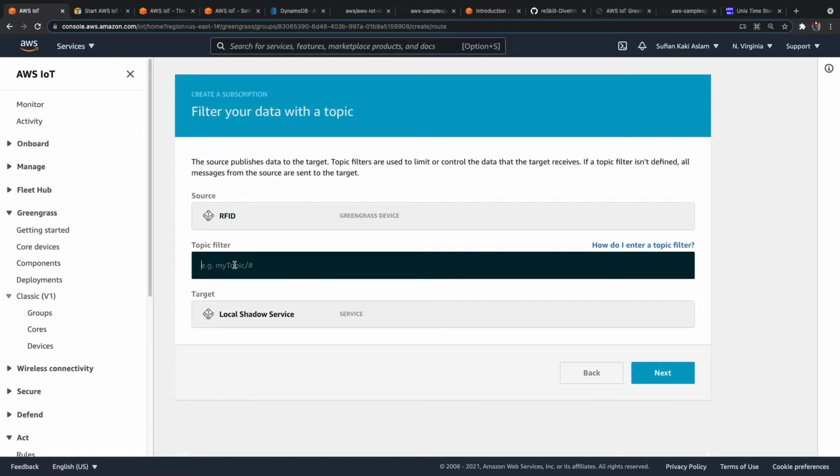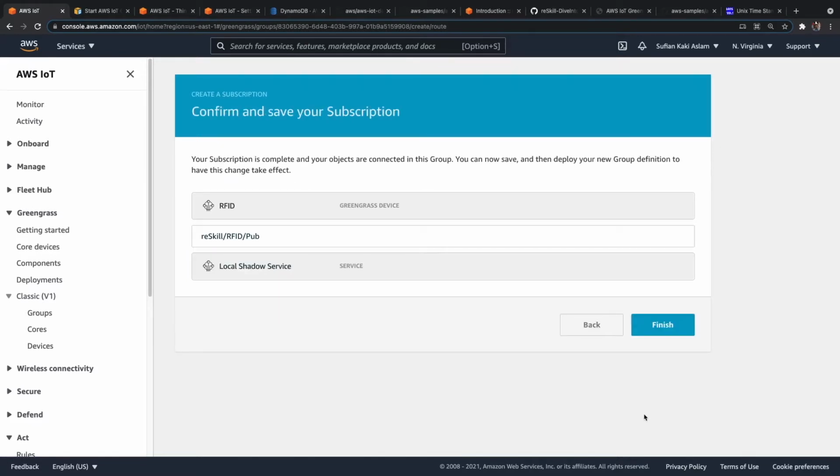Local shadow service, as in, it will be there within the group itself. So here I can specify which topic it should be: Reskill slash RFID slash PUB. Okay, finish.